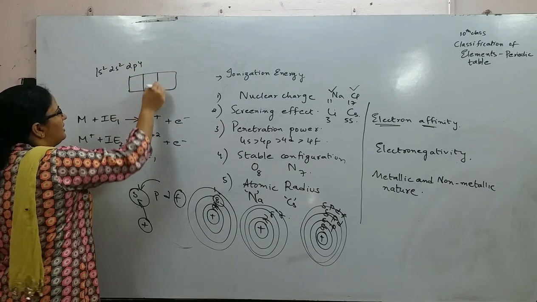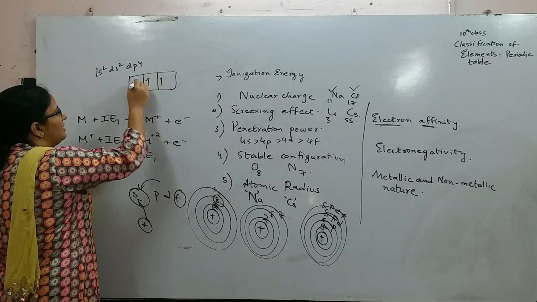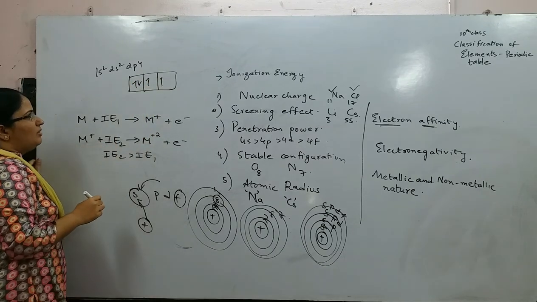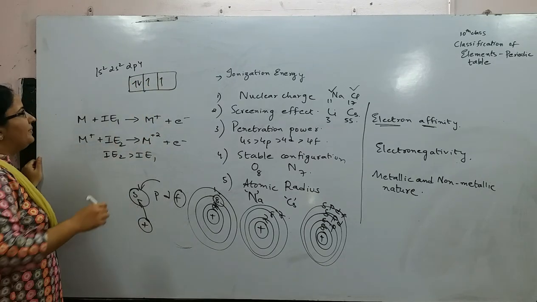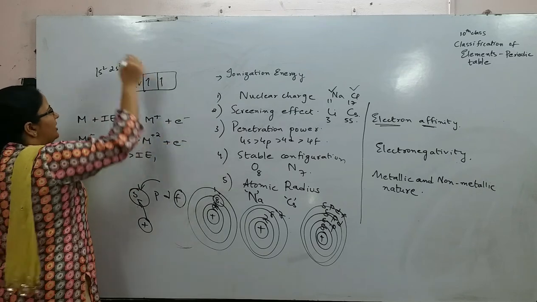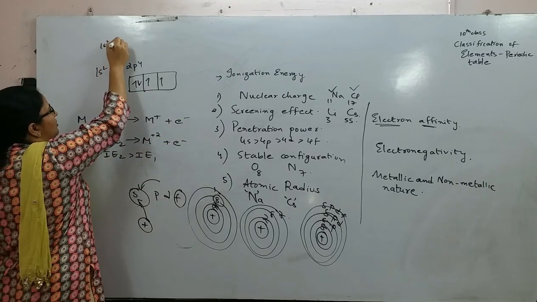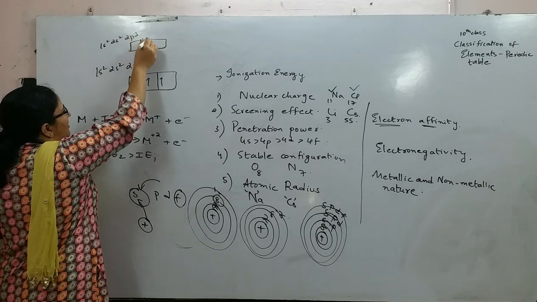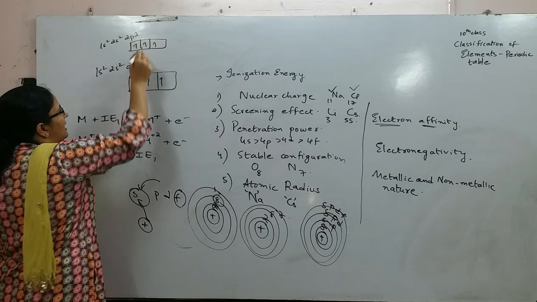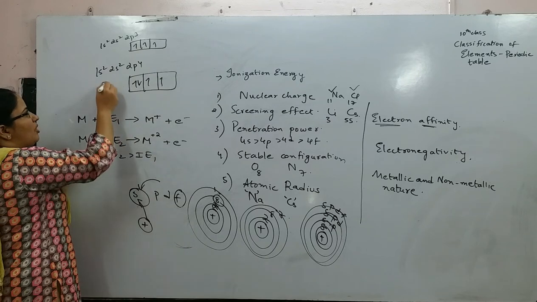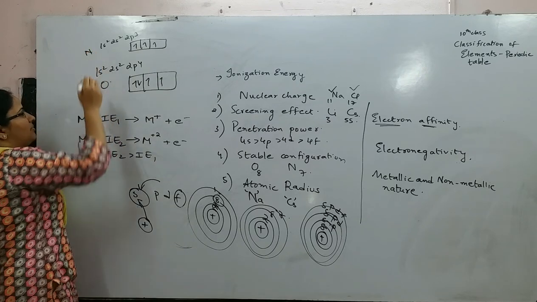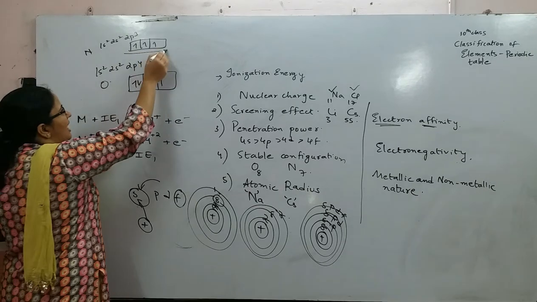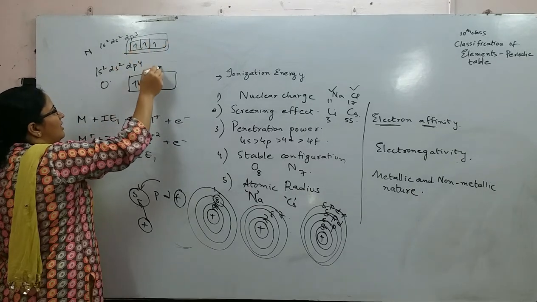So, you have something, the filling will be like this. This is how the oxygen atom looks. Then, when you take nitrogen, 1s2, 2s2, 2p3, it has a half-filled configuration. It is easier to remove an electron from oxygen compared to nitrogen because nitrogen has a half-filled configuration, whereas oxygen